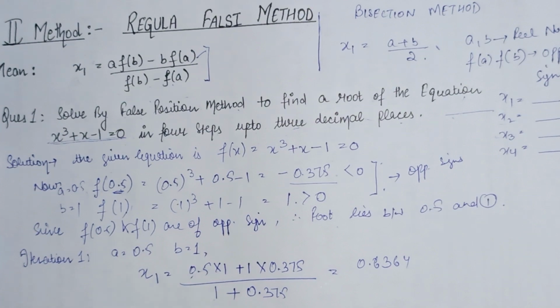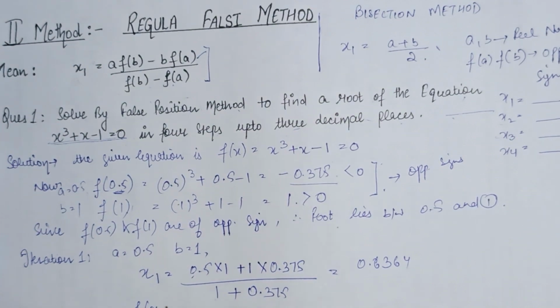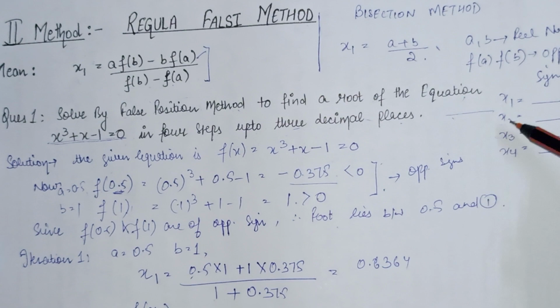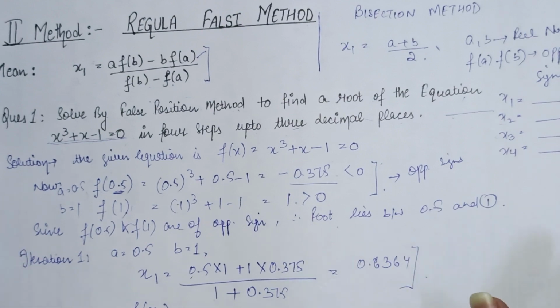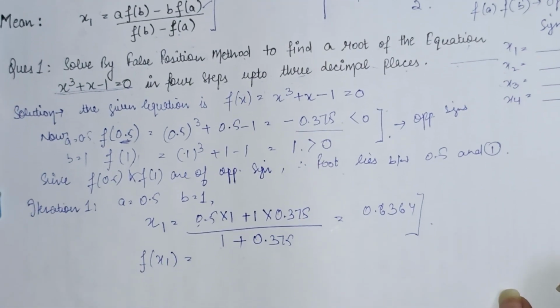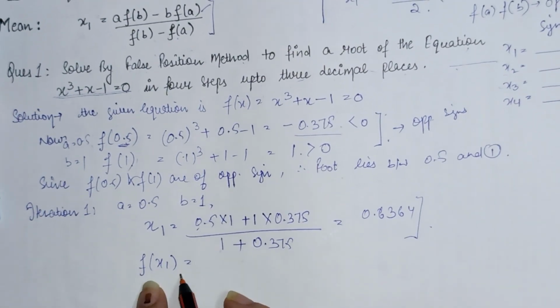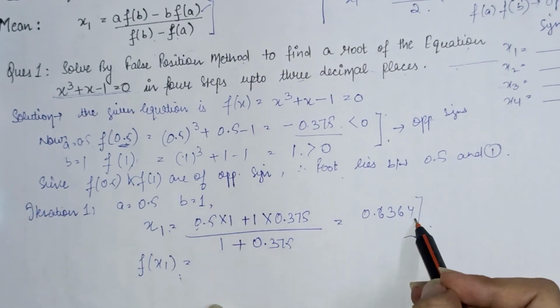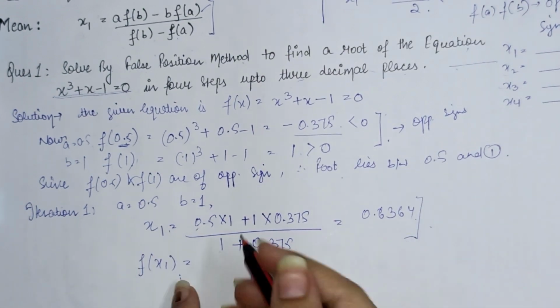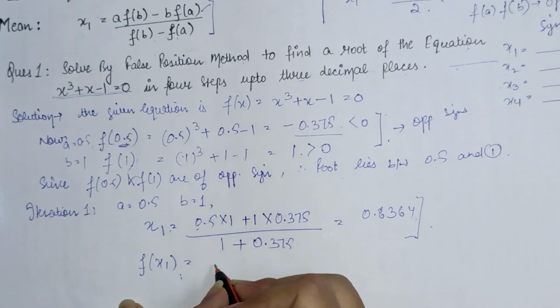उसके बाद हमने फंक्शन में पुट करना है, जैसे हम बाइसेक्शन मेथड में स्टेप्स करते थे, हम सिमिलर ही वैसे है, सिर्फ इसमें आपको मीन का ध्यान रखना है, बाकी सारे सिमिलर हैं स्टेप्स इन दी रेगुलर फाल्सी मेथड। उसके बाद हम फंक्शन में पुट करते थे, जो बाइसेक्शन मेथड का हमने वर्किंग मेथड स्टडी किया था उसमें हम मीन निकालने के बाद फंक्शन में पुट करते हैं। सो वी कैन पुट 0.6364 इन दी फंक्शन